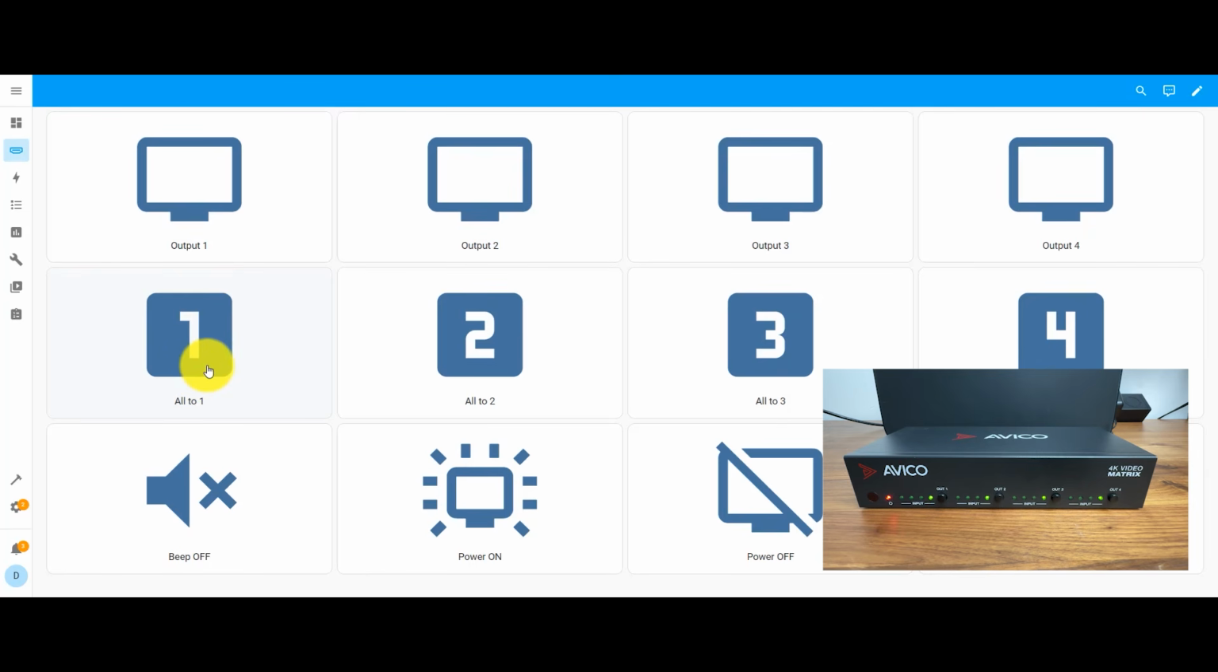Then we have these custom buttons that you press one button and it switches everything to whatever input you want. So if you want everything to input 4 or input 3, input 2, input 1. Pretty basic. We can turn off the beep and then you're going to see how if you switch,